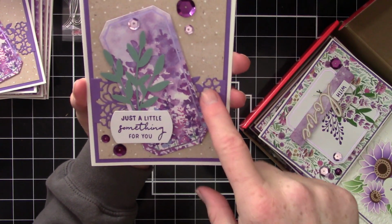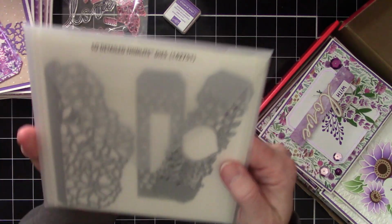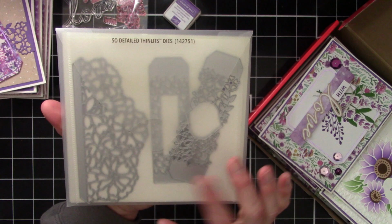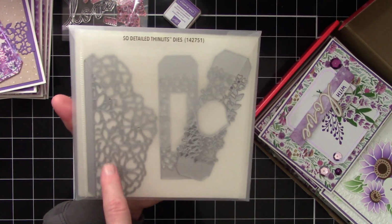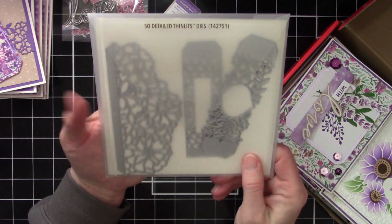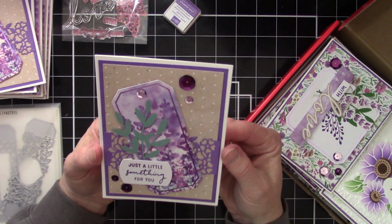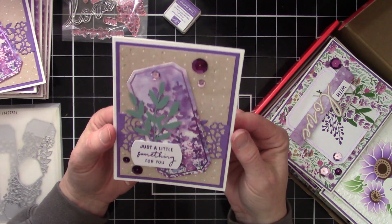So this piece right here, this little die back here, is Stampin' Up, but it is retired, I believe. It's called the So Detailed Thinlet Dies. There are 2 border or belly band type dies, and then a gatefold die. I'm pretty sure this is discontinued, but you know what? It's great to mix the old with the new, and you need to use what's in your stash. It's really important. You've bought all these wonderful products, mix it in with what you're getting and use them because